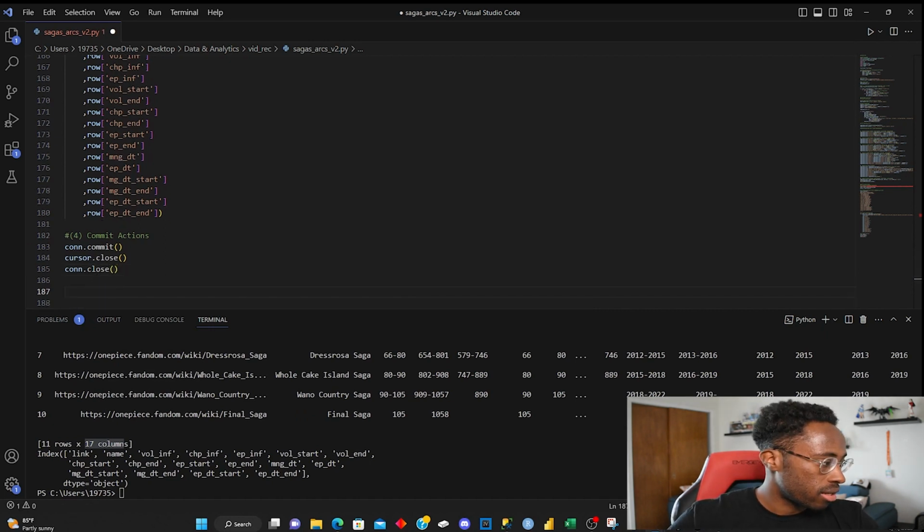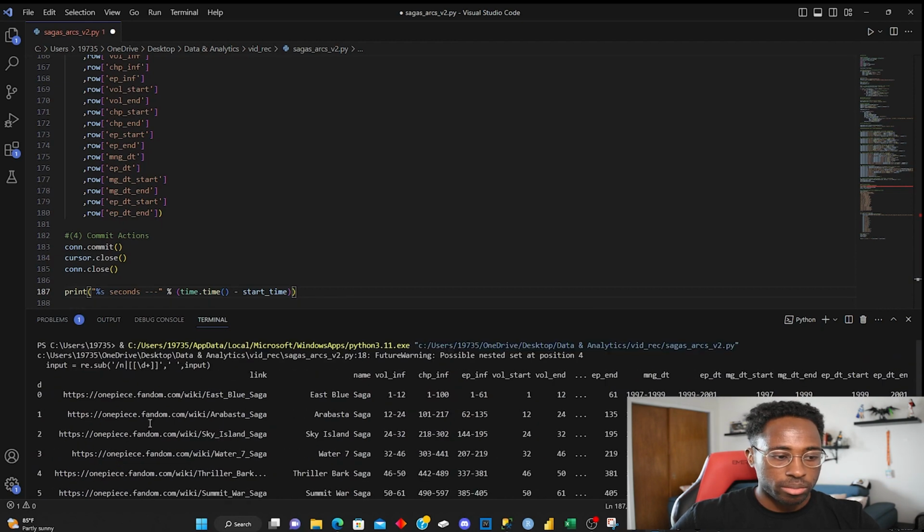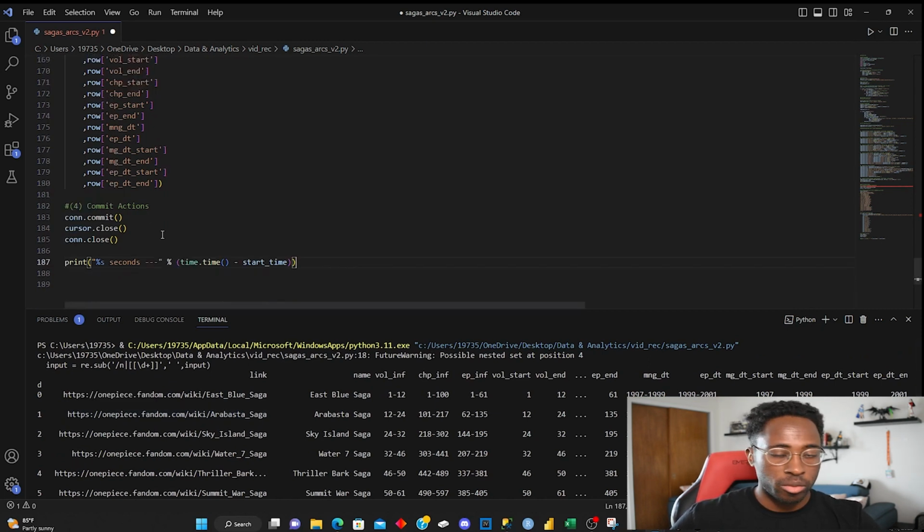Close out everything at the end, and I'm just going to use this one clip. I wanted to tell us how long it takes, just to see how practical it is. We don't have a lot of rows. We only have, I think, 10 or 11 rows. That's however many sagas there are. So this shouldn't be a super lengthy